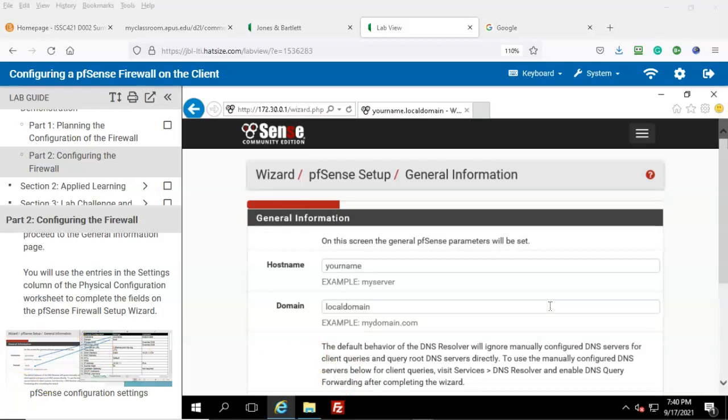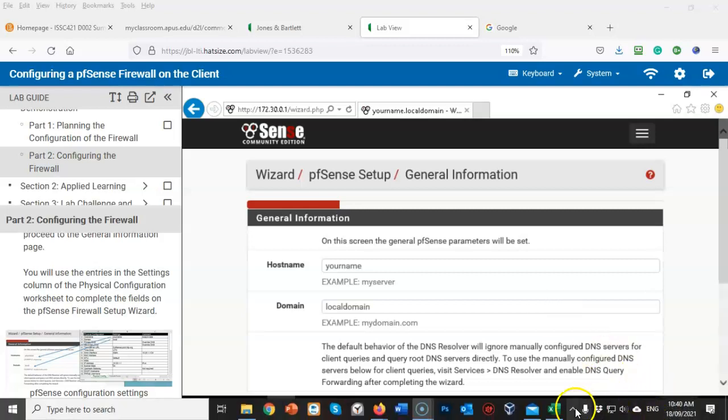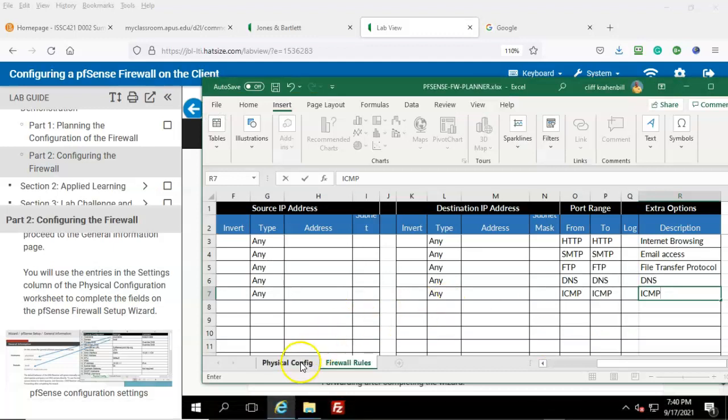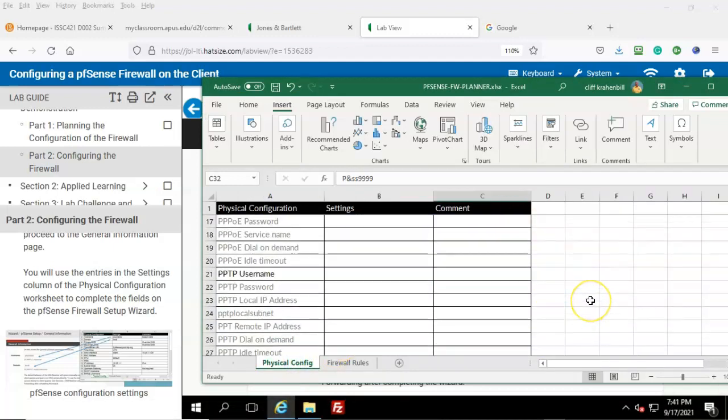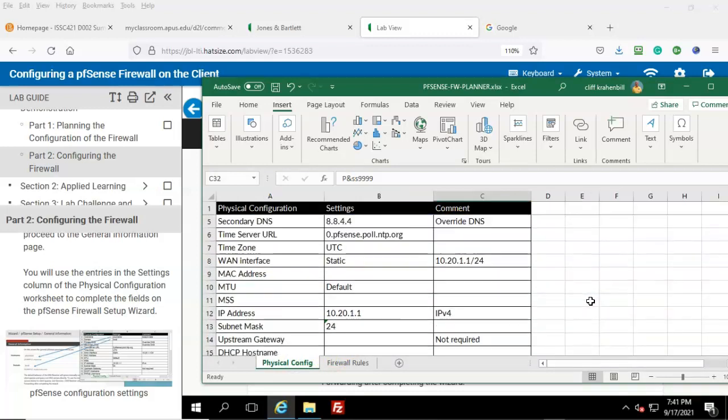On the General Information page, you will use the information that we put into the column of the Physical Configuration Worksheet to complete the fields on the pfSense Firewall Setup Wizard. Let's go ahead and bring that back up real quick. Let's go to the Physical Configuration, and this is where we're going to get all the information we need to